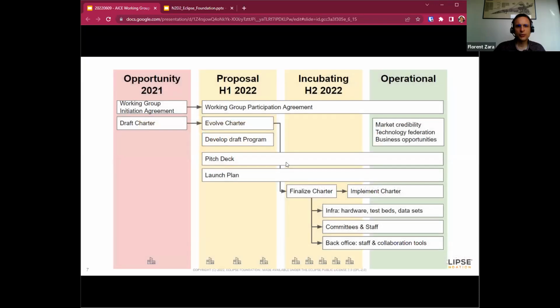Some news now on the working group. We are still in the incubation phase, the proposal phase, and still looking for gaining more momentum, more members, to launch officially the working group after the summer session.